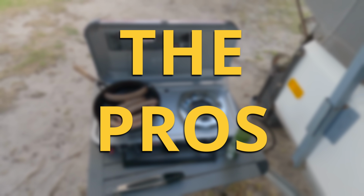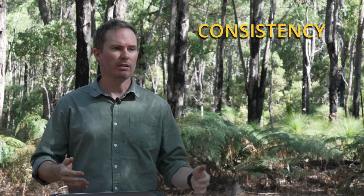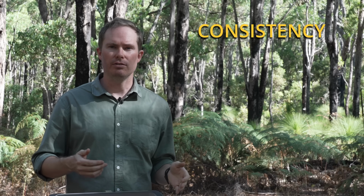The pros. Number one is that as a regulated stove, you just get consistent performance whether your gas bottle's full or nearly empty, whether the weather's hot or cold, whether you're at a high altitude or a low altitude. That's the function of the regulator, to keep it working evenly. There is a con very specifically related to this regulator, which I'm going to get to, but for now, on